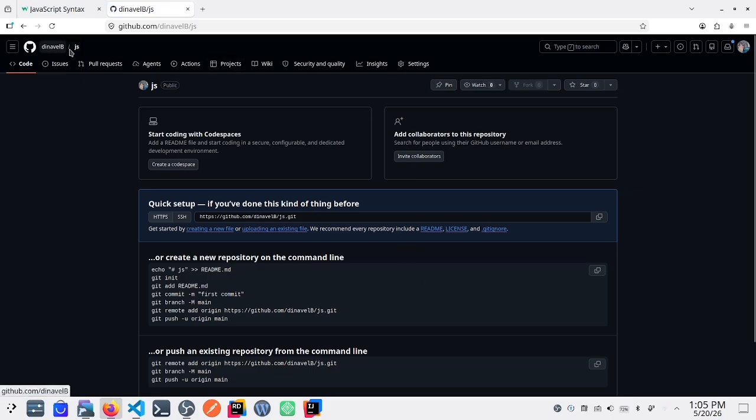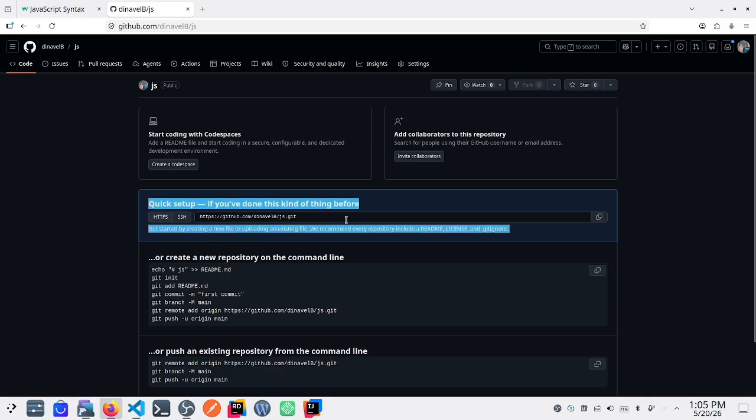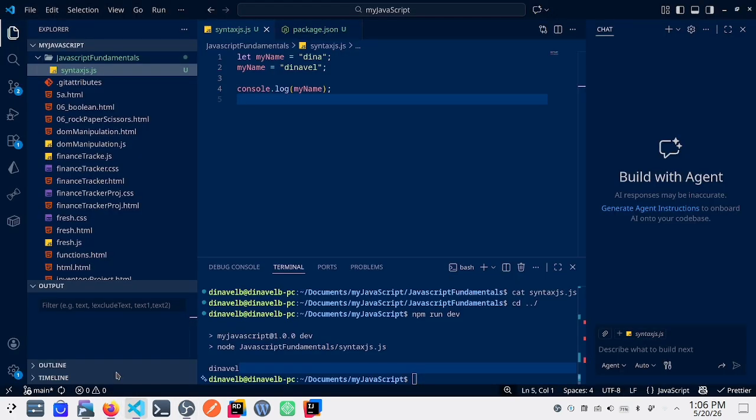After you create the repository, you can see this blue button, which lets you clone this repository to your local machine. Here we just copy this URL with this button and go to VS Code or your IDE. After that, go to the directory where you would like to store the repository.